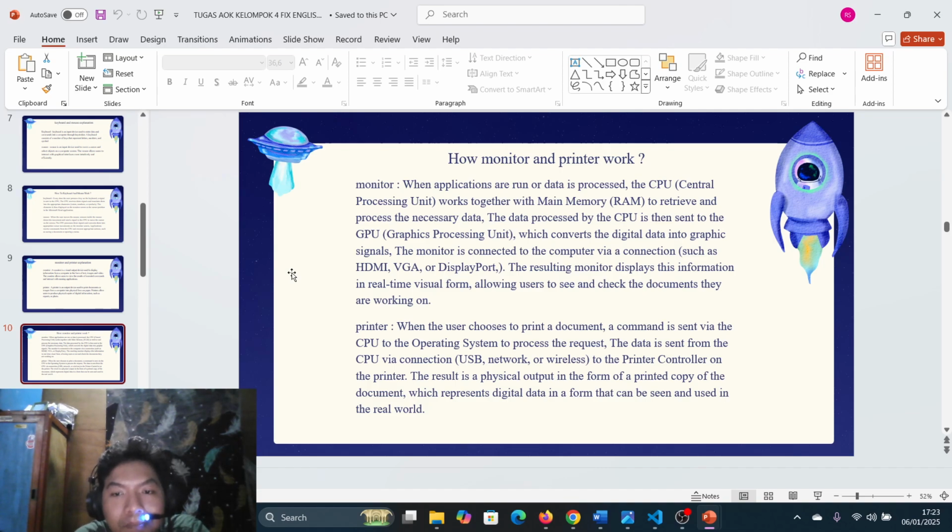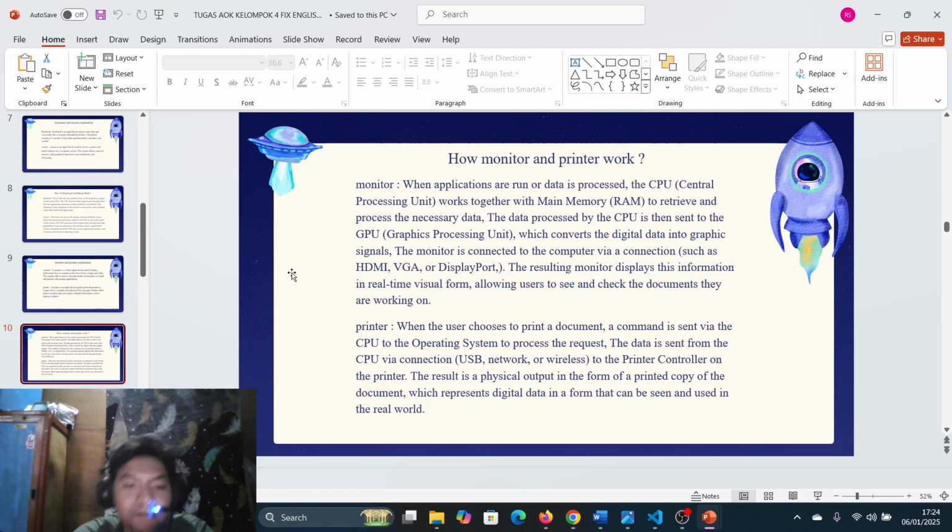The data processed by the CPU is then sent to the GPU, graphic processing unit, which converts the digital data into graphic signals. The monitor is connected to the computer via a connection such as HDMI, VGA, or DisplayPort. The monitor displays this information in a real-time visual form, allowing users to see and check the document they are working on.